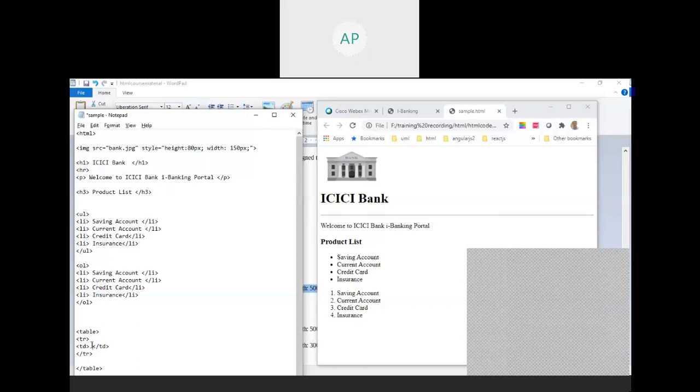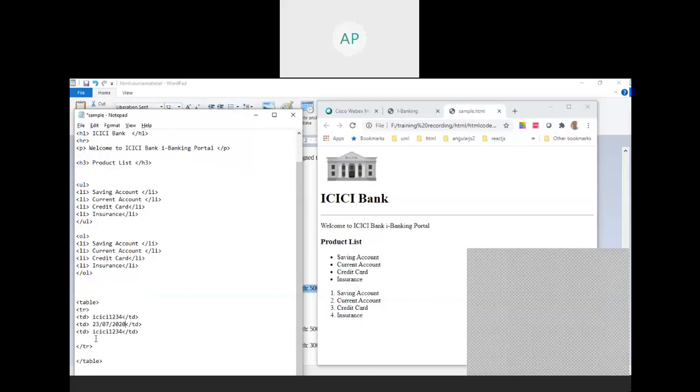My account number is ICICI 1234. Then the next one might be date, and the next one is amount. Date I transferred on 23/07/2020.